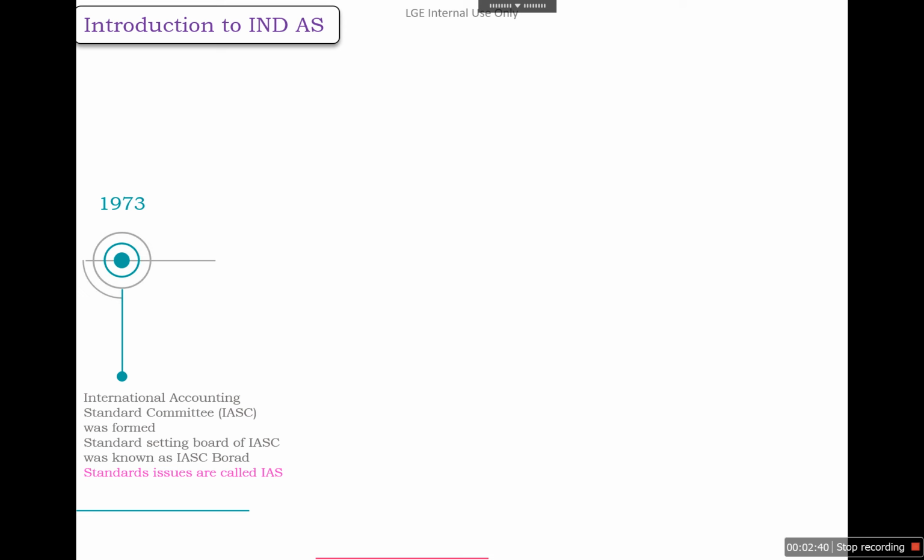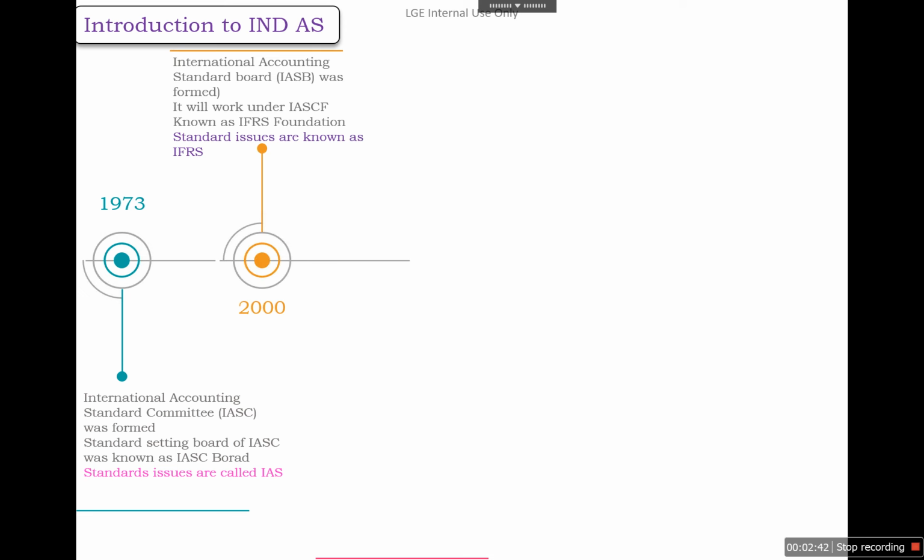Later on, in the year 2000, for the purpose of creating uniformity between the different countries' accounting standards, whether it is IAS or US GAAP or different standards used by different countries,